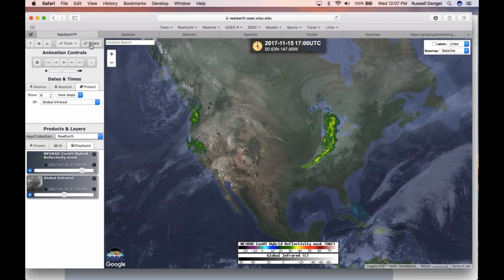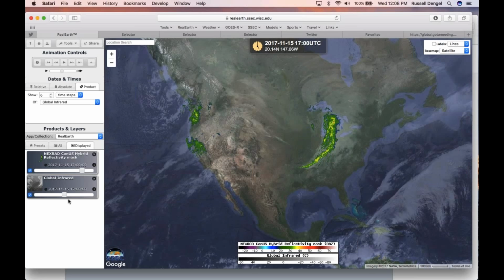What I'm going to do is sort of work my way around the display here because there's a lot of tools. I can't get to all of them today, but I'm going to give you at least a driving lesson that will get you out of the garage and starting to view data. Okay, so right now the display comes up with a default of the GOES radar flying over the top of